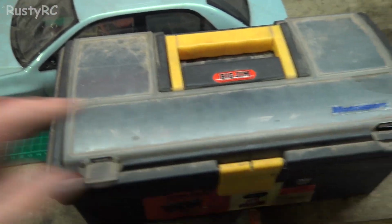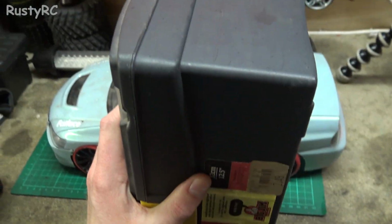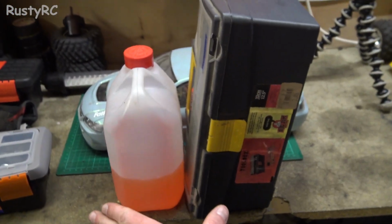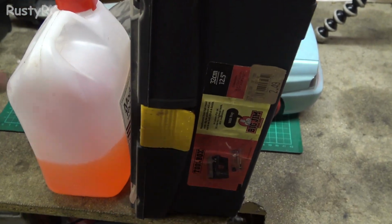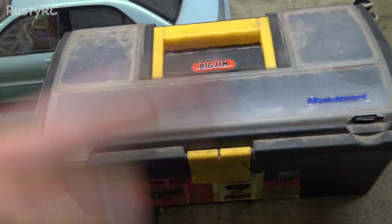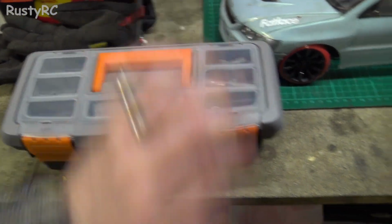Because the trouble that I used to have with this one was I'd have to turn it up like that and fit it in the backpack like that, and then I'd put my bottle of fuel in the backpack, you know, like that. And all my tools used to, everything was just a mess. Even if I put things in boxes and tins and things, it's just a mess. This goes flat in the bottom of my bag. My bottle of fuel